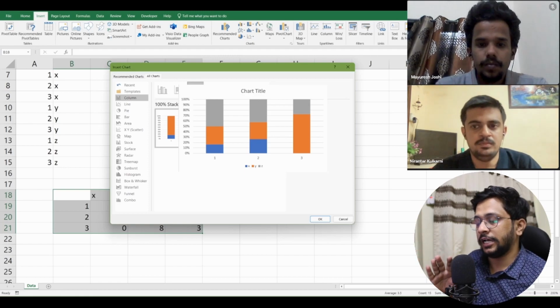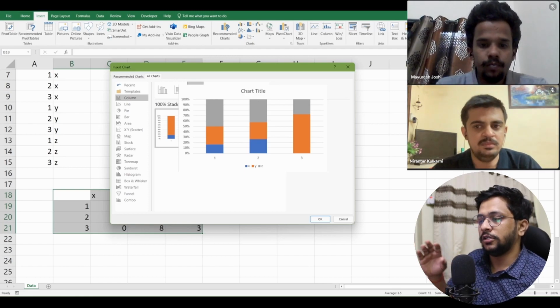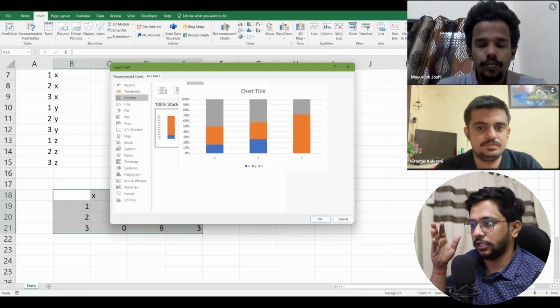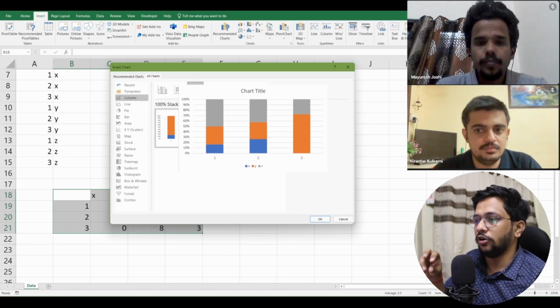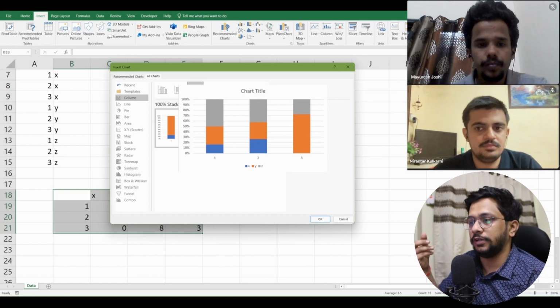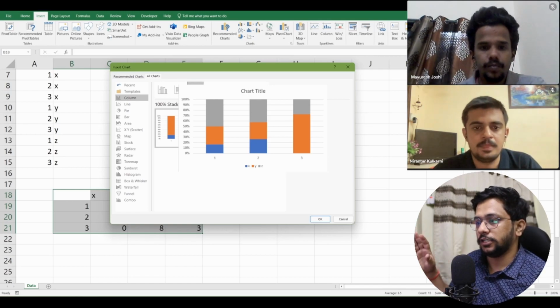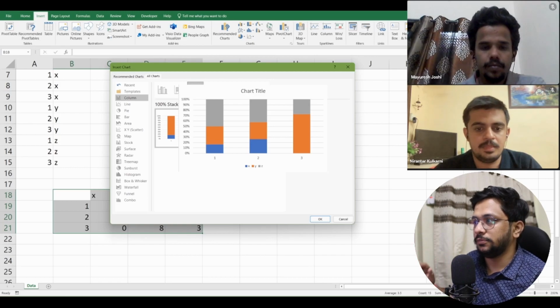So bar chart has generally 3 types, and the 4th type is a kind of a spin-off of your clustered columns. कि clustered column absolute value की जगह पर percentage value में दिखाएंगे, तो you will see the contribution, right? So this was about bar chart. Any doubts in bar charts?